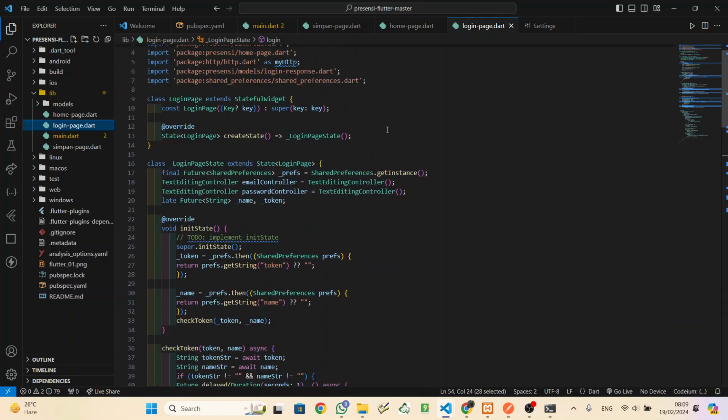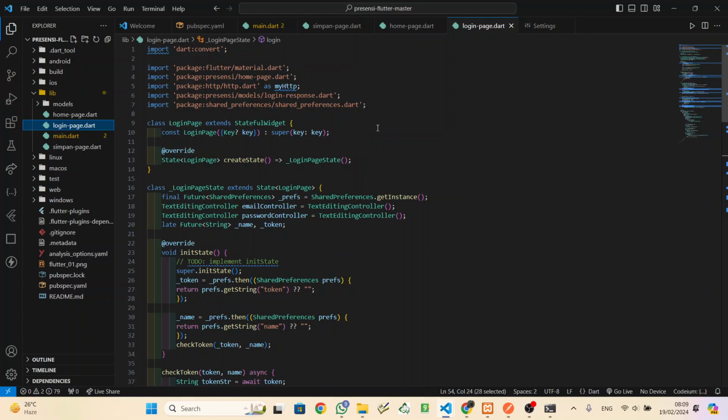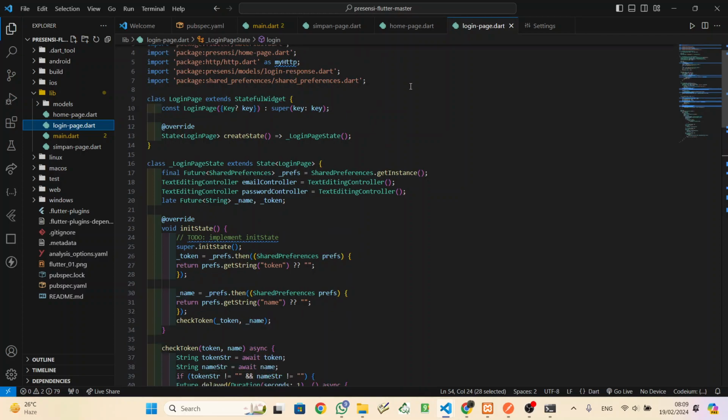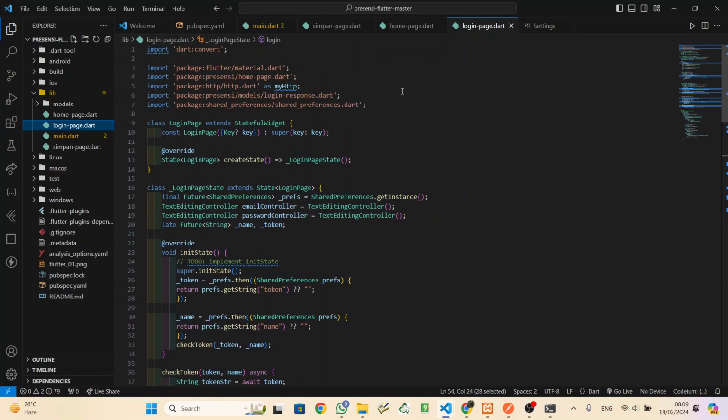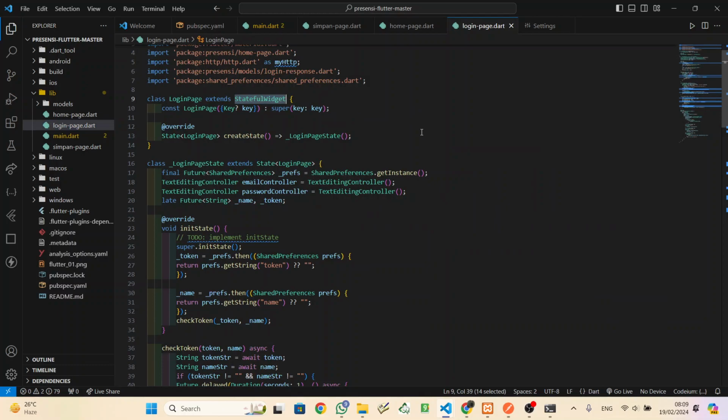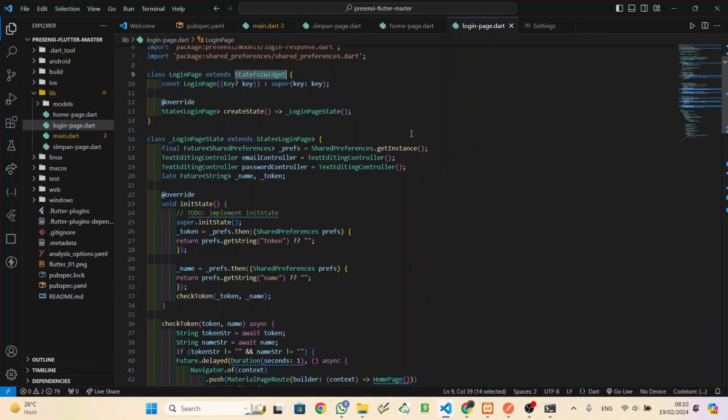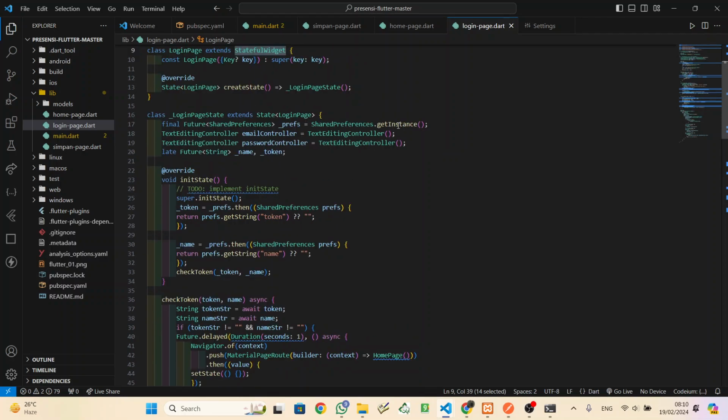Okay, we will learn this step by step. In this case, use a stateful widget because there is a change when you type the email and also the password, and then there is a button for login, just for login.